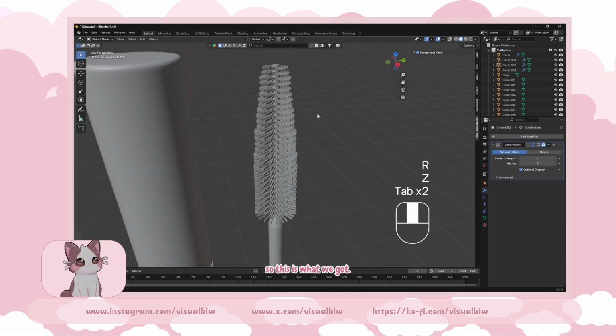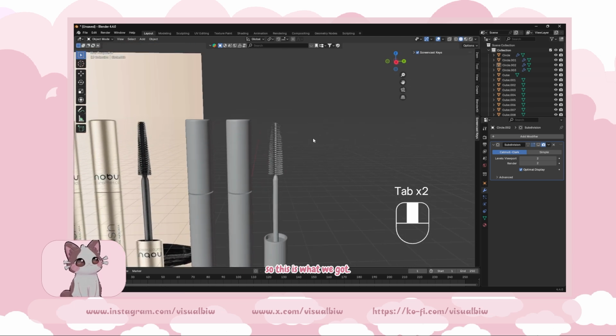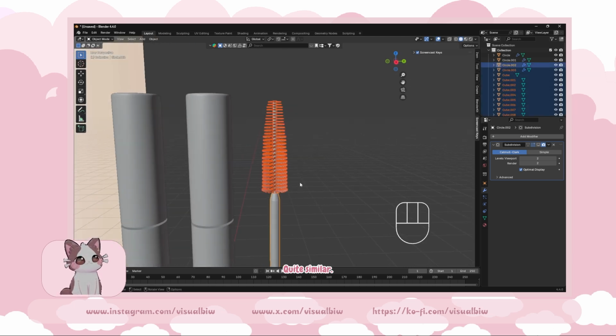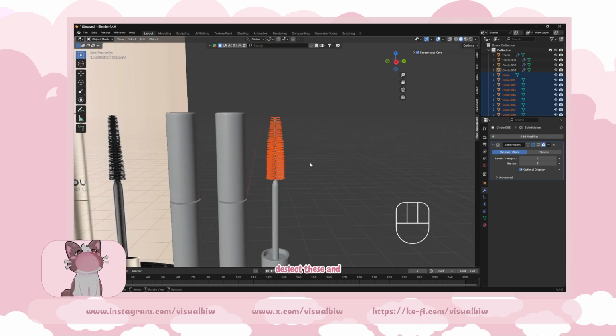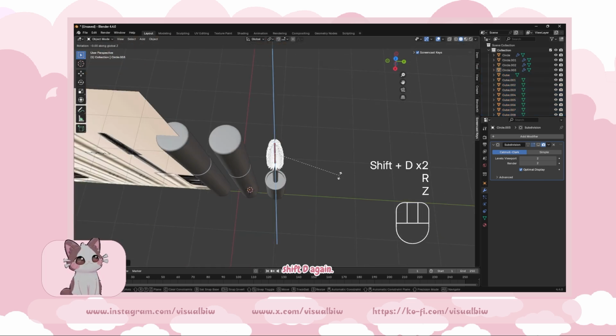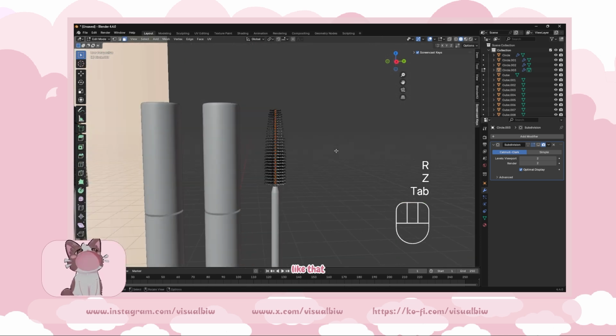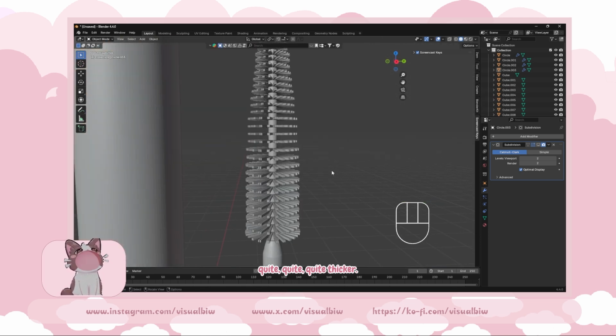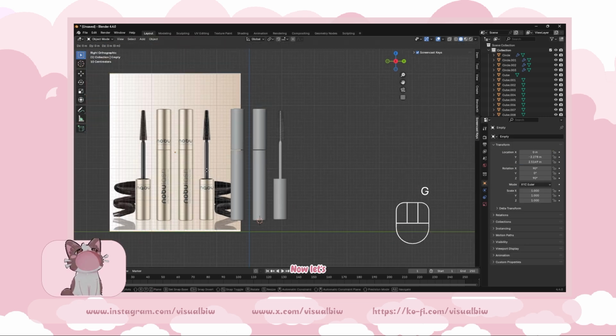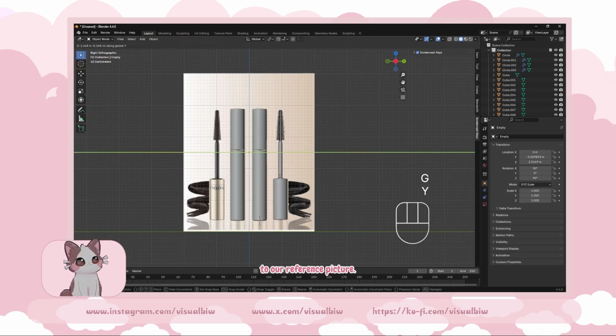Okay, so this is what we got. Quite similar, not very similar, but similar. These are like these, and Shift D again, and just look at that, and it's going to look quite thicker. Now let's get back to our reference picture,